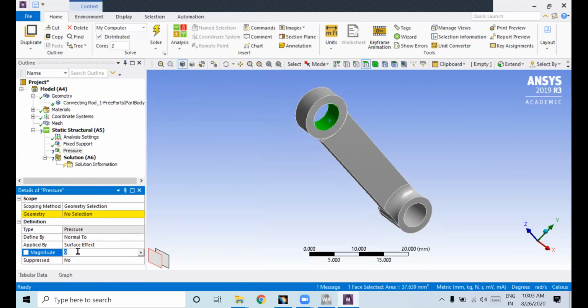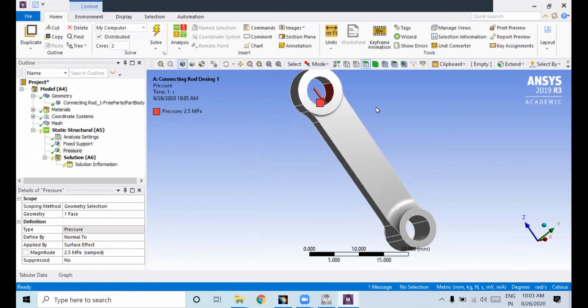Then magnitude I will give around 2.5 MPa. See here, 2.5 MPa. So once you give magnitude, here in the geometry, click on this and give apply. See, it is going in this compression. So if you want to change the direction, once again what you have to do, you need to go to pressure here, what we have applied.